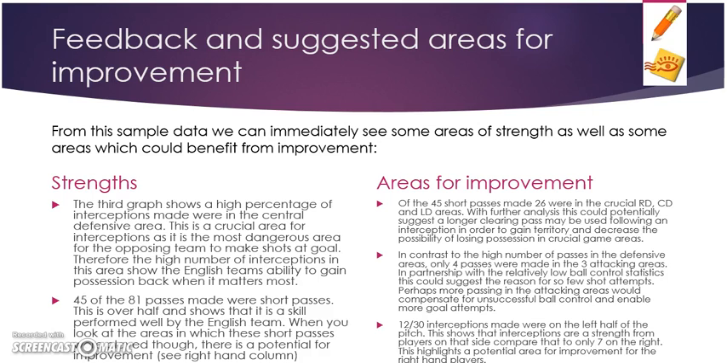So, areas for improvement from that previous point. Of the 45 short passes made, 26 were in the crucial right defence, central defence and left defence areas. With further analysis, this could potentially suggest a longer clearing pass may be used following an interception in order to gain territory and decrease the possibility of losing possession in crucial game areas. So what I mean by that is